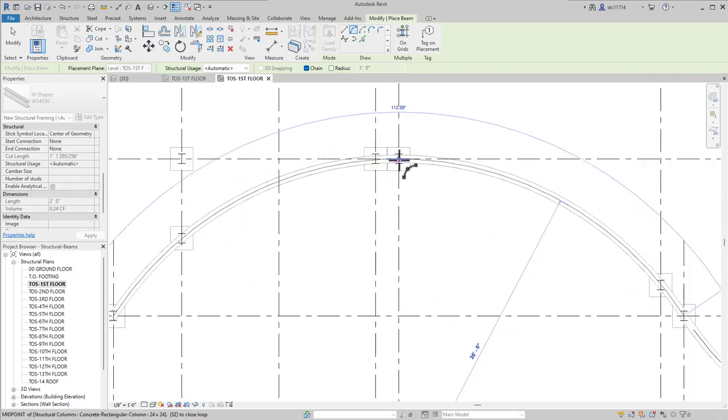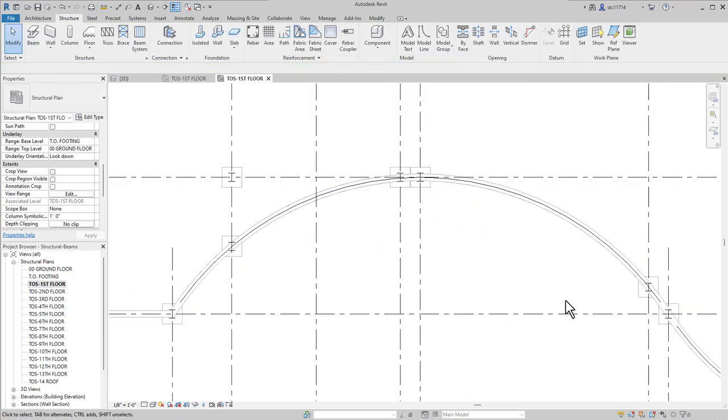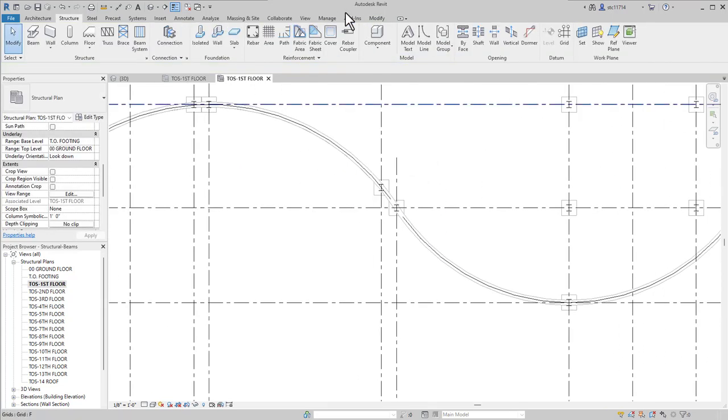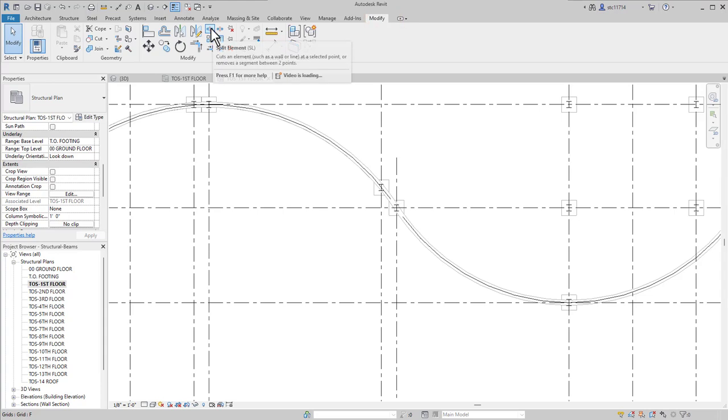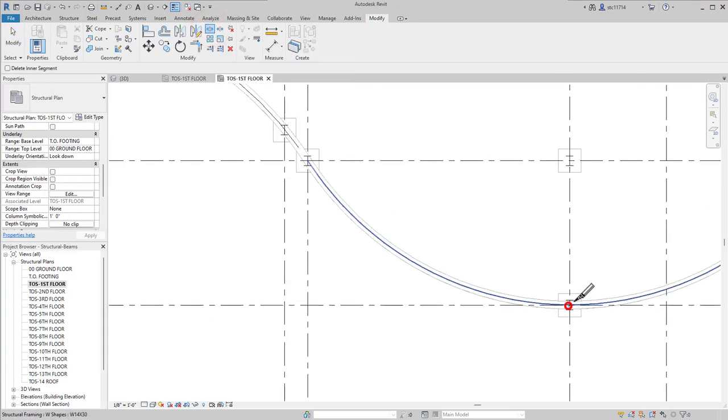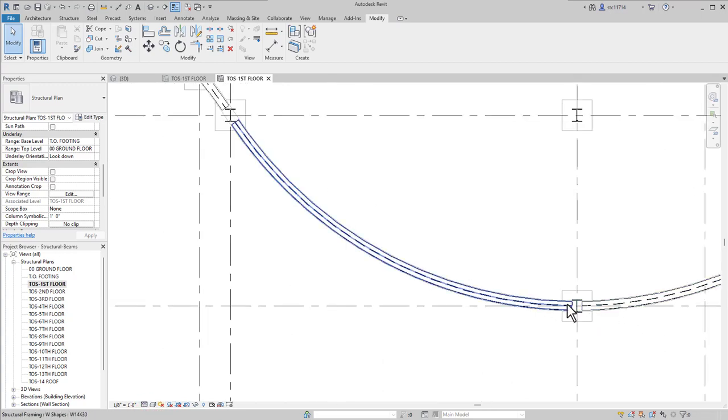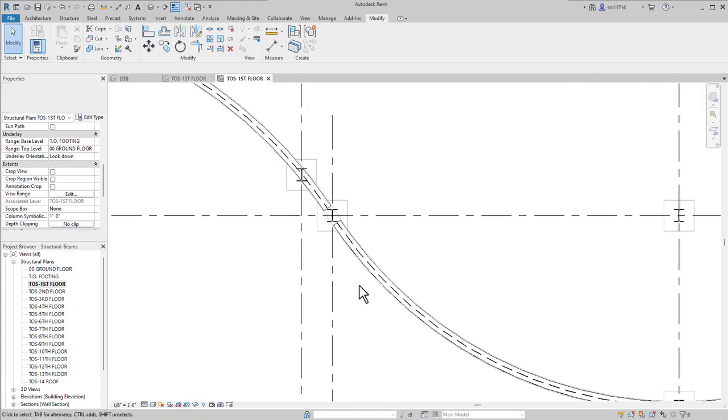This arc one is a little more tricky because there are several interferences. So once again, I'm going to escape and go to Modify and Split, and I'll split this one here. Again, you can see the differences. To make it a little more obvious what's going on, I'm really only just seeing the center lines. I'm going to change the view to Fine. That way I can see the beams themselves. And now it's a lot more obvious that it's being broken for those.